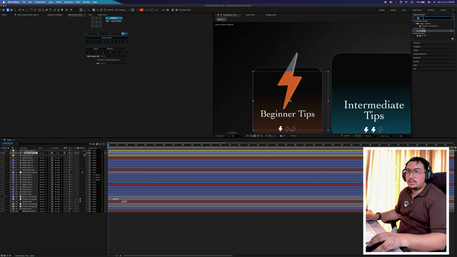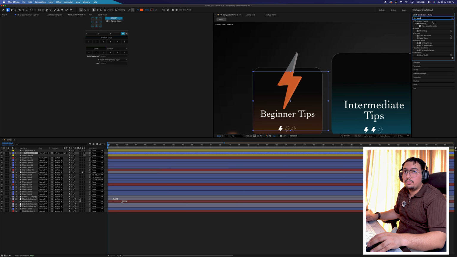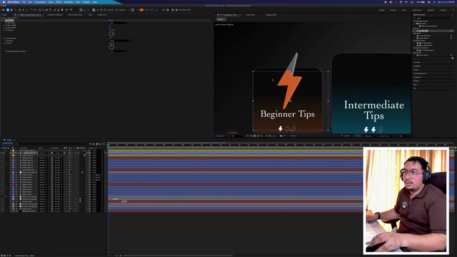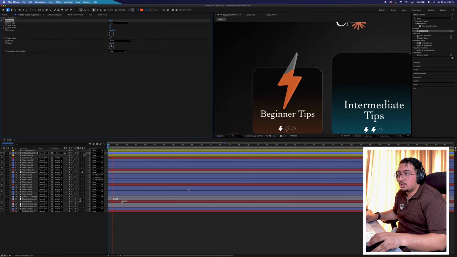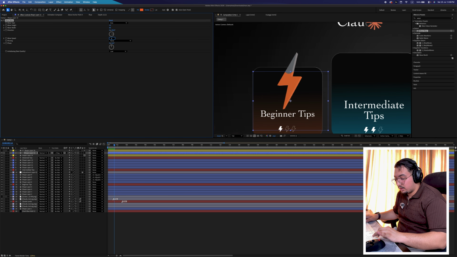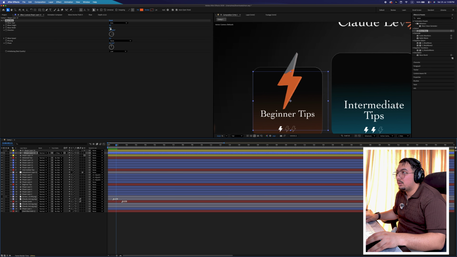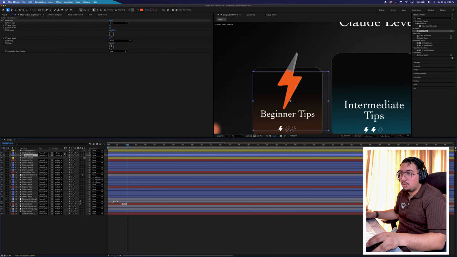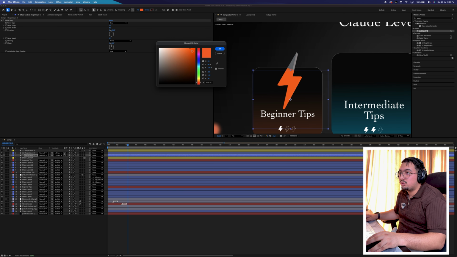To add the liquid effect, just search for wave warp, and apply it. Should be 10, yeah, so it looks like this. Here the speed 0.5, yeah, and this 250, maybe more, yeah. So look at this, and duplicate it, go to the bottom one, move it up, and change the orange to